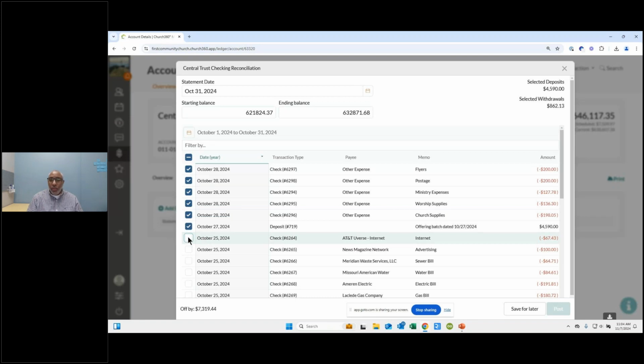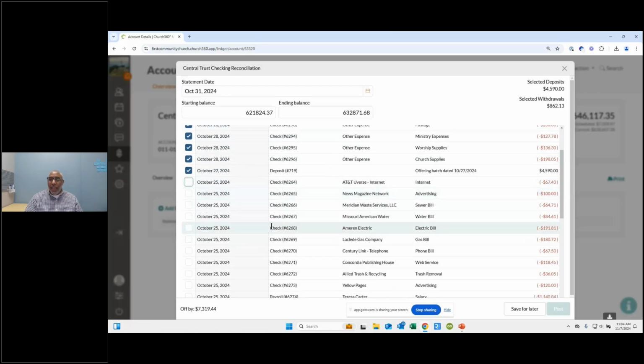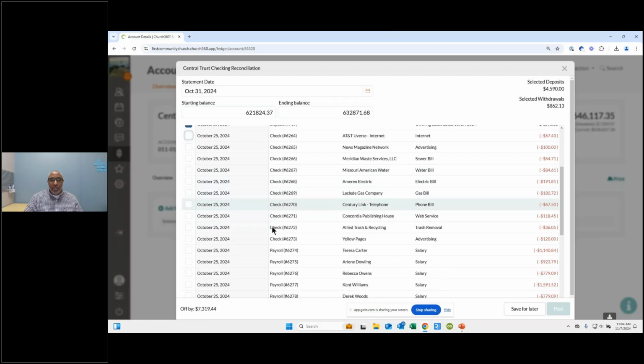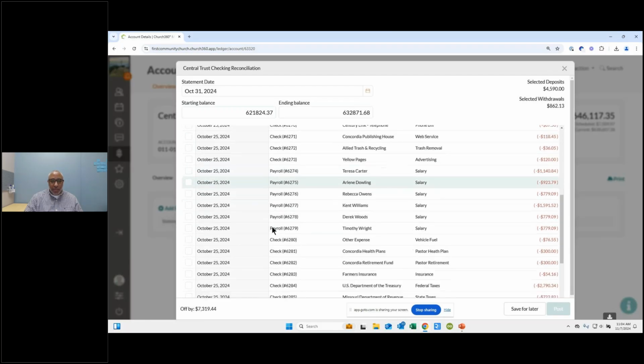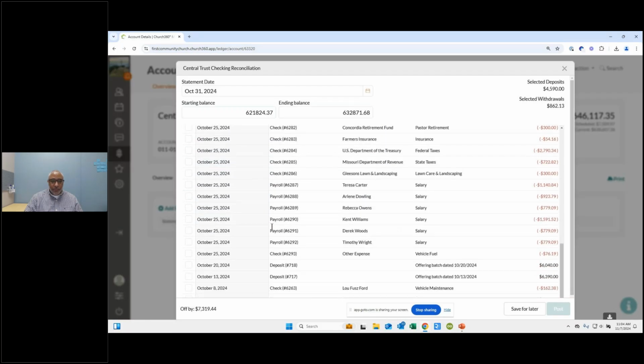You should always create one single transaction for everything that is done in a single transaction out in the real world. So if this deposit is $4,590 and I add in multiple deposits together to create this deposit, then I won't be able to find just a single transaction on my statement. I'll have to combine multiple together to be able to get that to work. There's a lot on 2025, so on October 25.